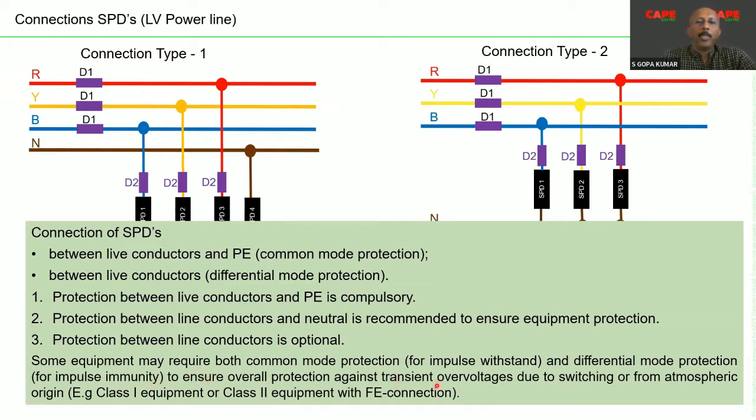To ensure overall protection against transient voltage due to switching or from the atmospheric origin, where this is applicable, both common mode and differential mode protection is required, for example, class 1 or class 2 equipment with FE connection. I'm sure most of you are following our programs quite regularly, so you know what is a class 1 equipment, what is class 2 equipment, what is FE, functional earthing. So for sensitive electronics, either class 1 or class 2, sometimes you require both common mode protection